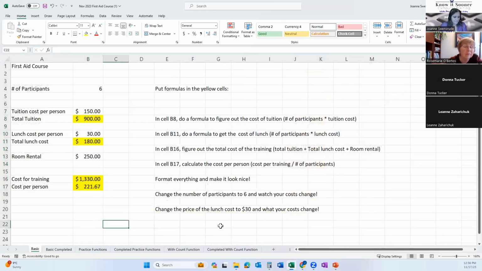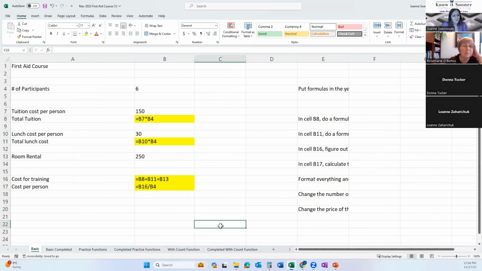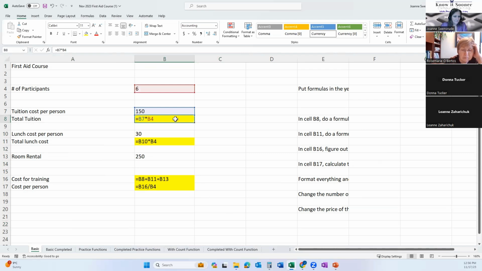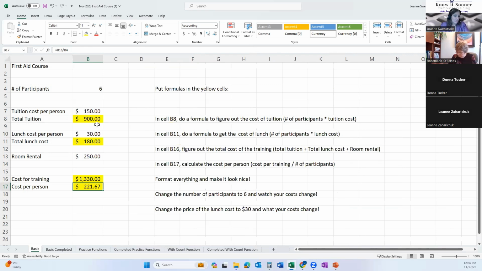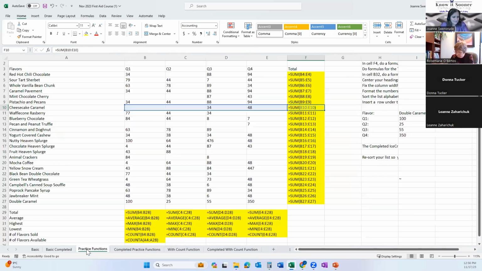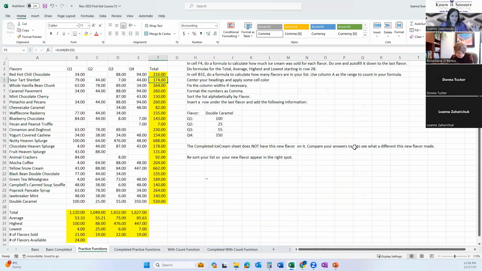What does it look like on that basic one? Click on it, Control squiggle. Oh, okay. So it's showing us, hey, where did that 300 come from? Or where did that number come from? And you can click and look, click and look, right? So it's kind of like clicking and looking in your formula bar, but it gives it to us all at once. So that was Control squiggle. And I just did it again to stop it from showing me the formulas. So Control squiggle again to stop it.